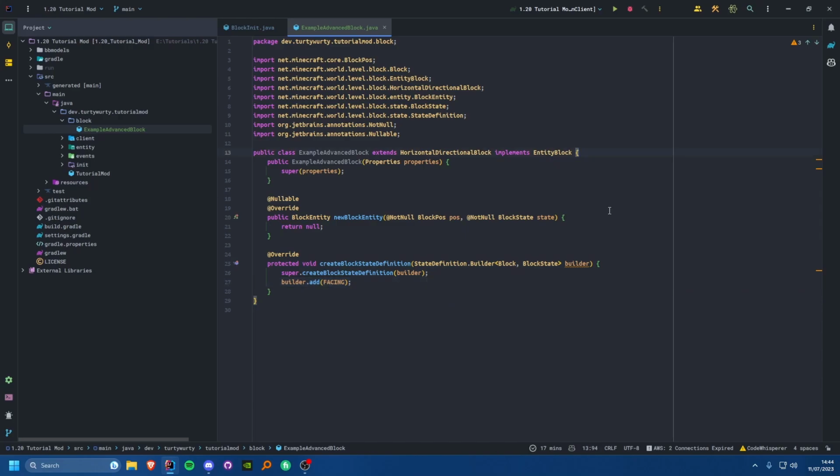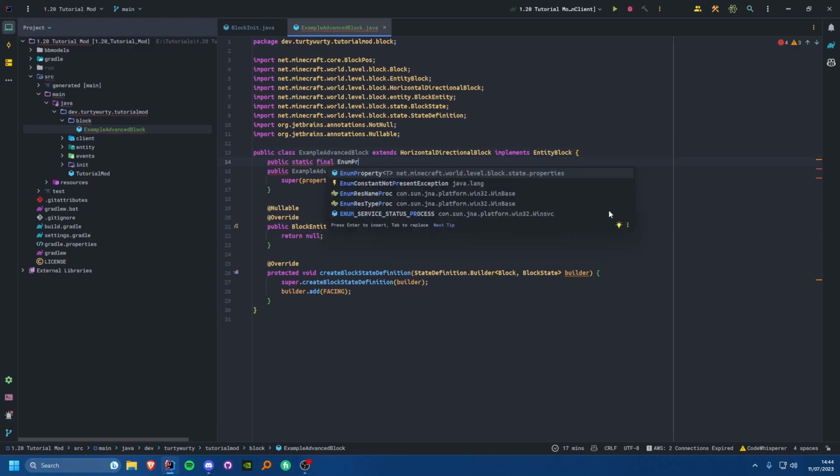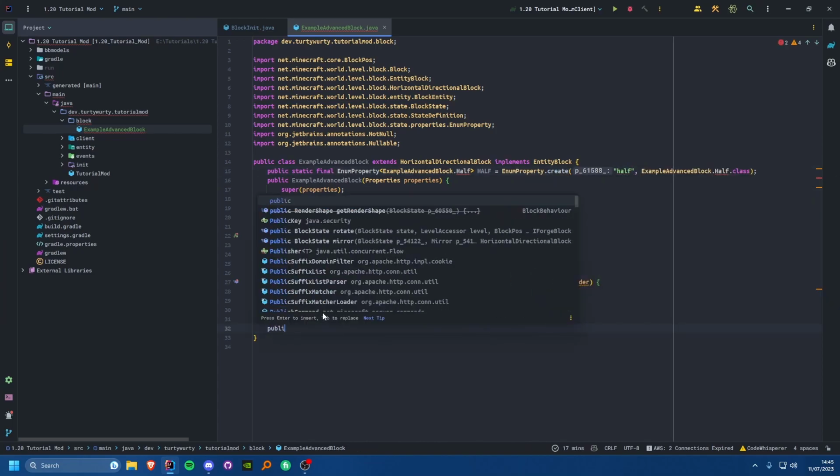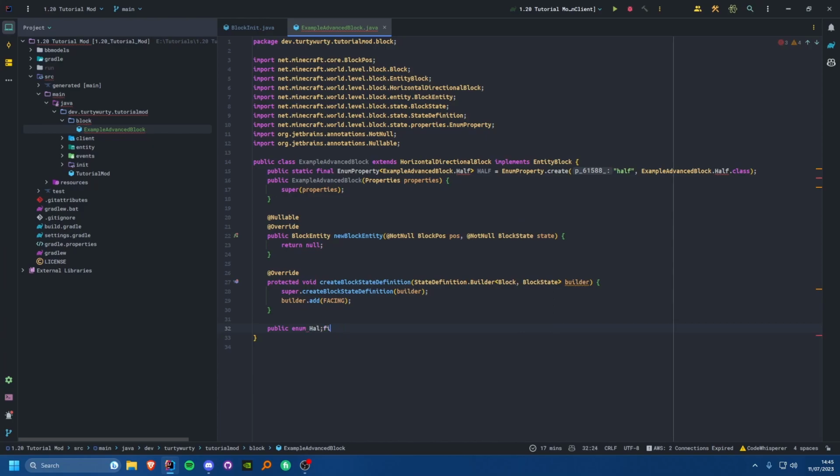Now, what if you wanted a different kind of property, right? What if you wanted a Boolean for whether it's turned on or not? Or maybe you wanted some kind of enum for a different part. For example, if you're doing some kind of multi-block, beds for example, you would have some kind of enum property of type, maybe ExampleBlock.Half, and you might call this half is equal to EnumProperty.create, give it your name, half, and then Half.class, and then you would have some kind of public enum Half, and you would say maybe something like lower and upper, and you might have other halves as well.